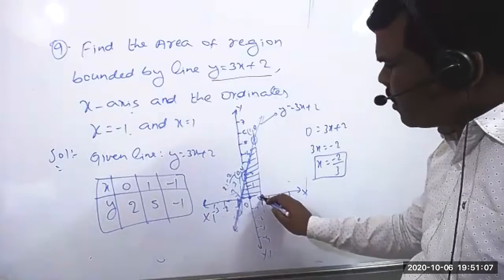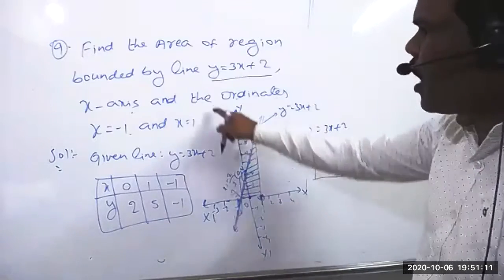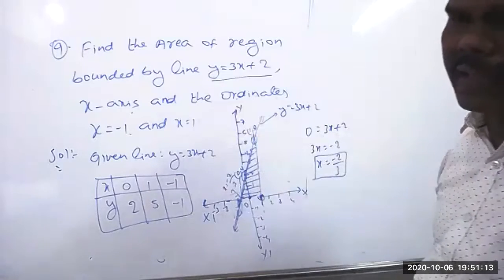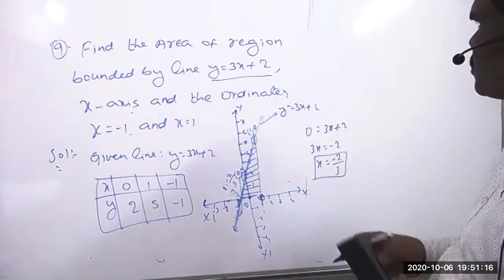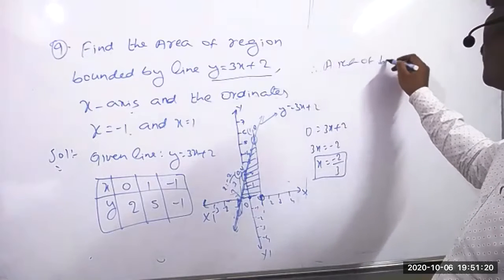-2 by 3, 1, we'll get the complete area. So according to the problem, we'll get the bounded region. So now we can write: therefore, the area of the bounded region is equal to